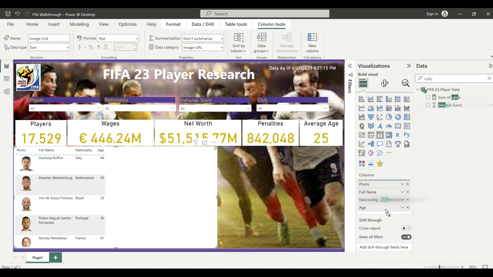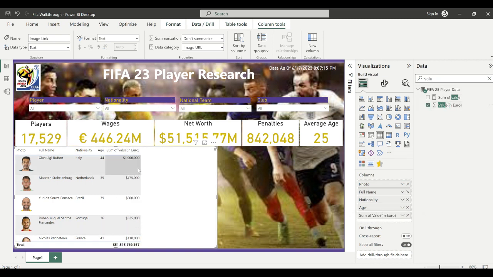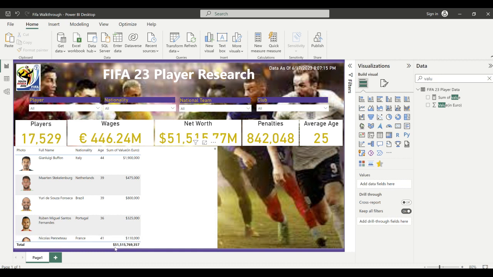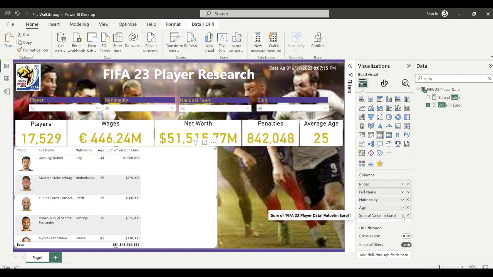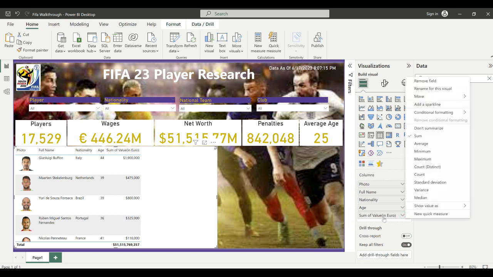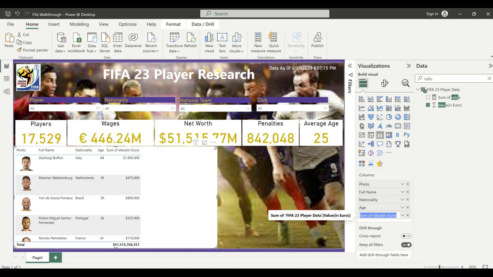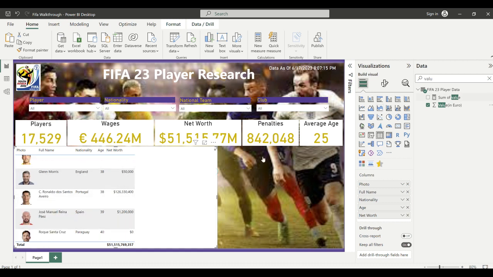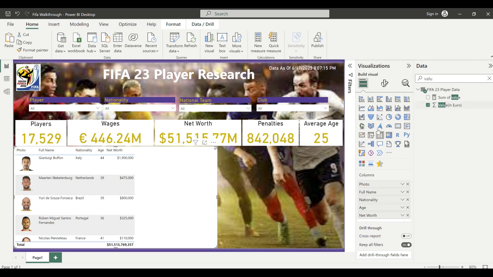We need to know their value. The value in euro, I'm going to drag it here. Now we can see one thing to pay attention to is that we have the same value here, the value in euro. So now it says sum of value. We can rename this here and say, let's say, net worth. We know that that means their net worth. So this is the net worth. Right now it's showing dollars. So how do we fix this? Remember we already changed the